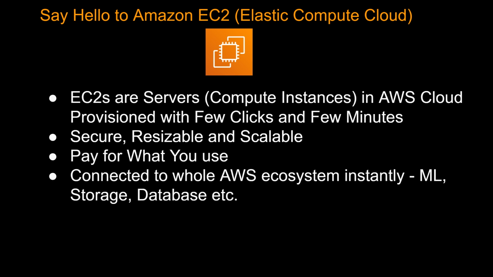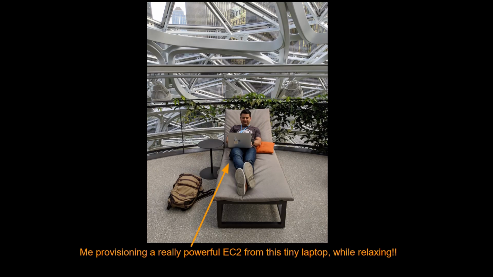EC2s are servers. They're also known as compute instances in the AWS Cloud. And this is the kicker. These servers are provisioned with a few clicks and in a few minutes. Think about this for a minute. Let's say you are sitting at home or office and you need a more powerful server, maybe to create more cat videos or to handle more traffic in your enterprise. You go to AWS, select the server you want, and boom, you get the server